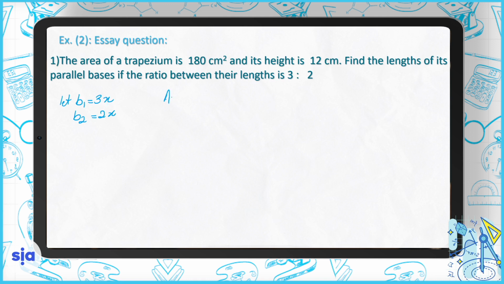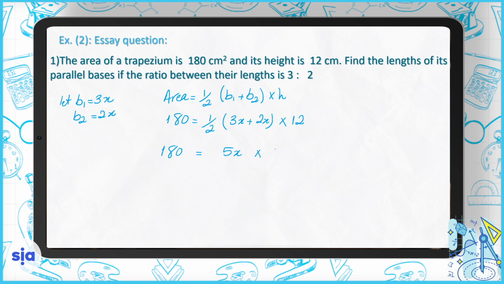So the area is half B1 plus B2 multiplied by the height. So 180 is half times 3x plus 2x multiplied by the height, which is 12. So 180 equals 5x multiplied by 6. So 180 is 30x. If you divide both by 30,